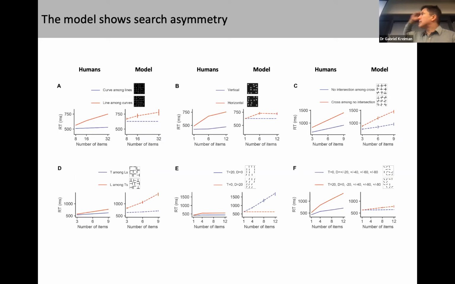And then again, very quickly, the same goes for most of the other tasks. For some other tasks, it works better. For some other tasks, it works worse. But largely, the model qualitatively captures these asymmetries in visual search. There is one exception, for some reason that we don't fully understand. For this particular task, which is looking for oriented lines, the model was actually reversed. So the model got it completely wrong. Whatever the model thought was easier was actually harder for humans. For all the other tasks, the model off the shelf without any tuning matched the visual search asymmetry and also